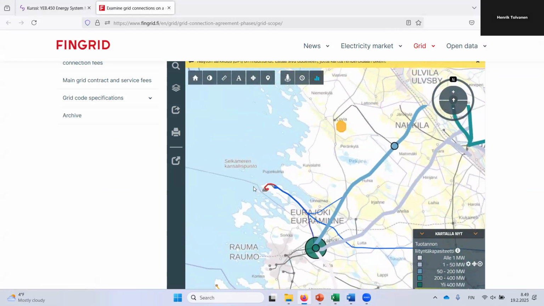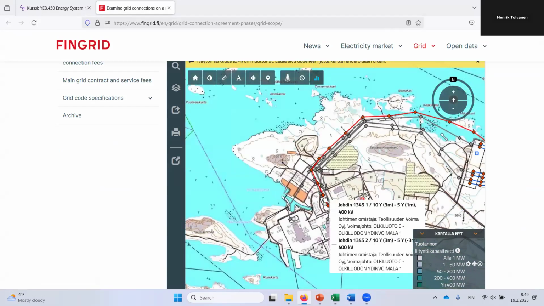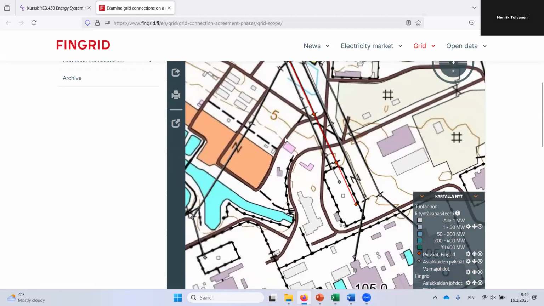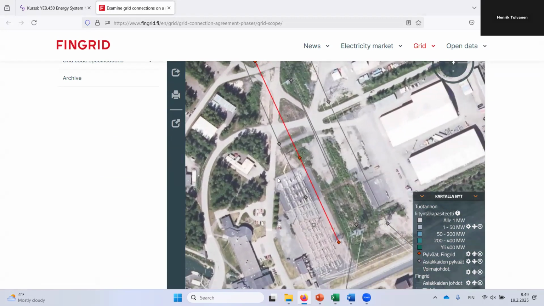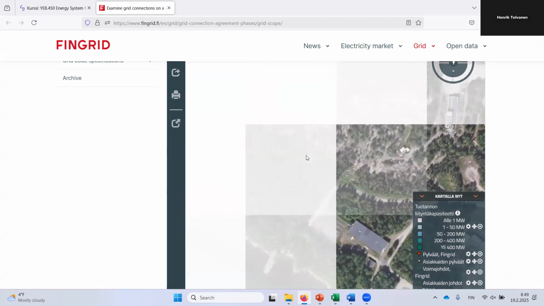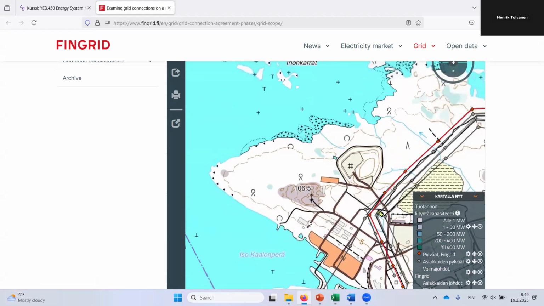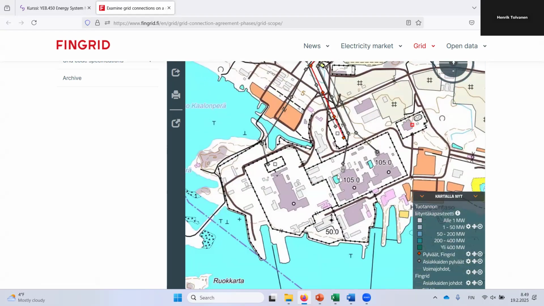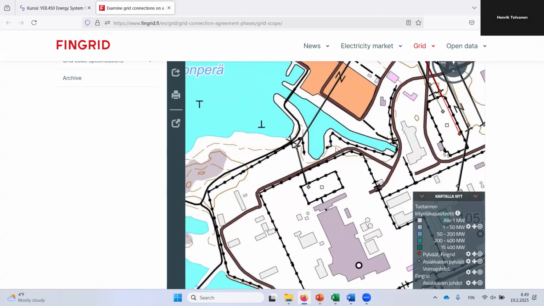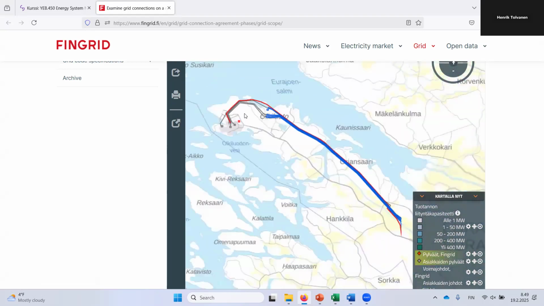So there's Eurajoki, the Olkiluoto power plants, and this is a neat feature: if you zoom in, it changes to a satellite image. So it shows you pretty much all the connections everywhere. You can see, for example, where the Olkiluoto 1 and 2 power plants are and where the 3 starts from here. And this line that runs from here,